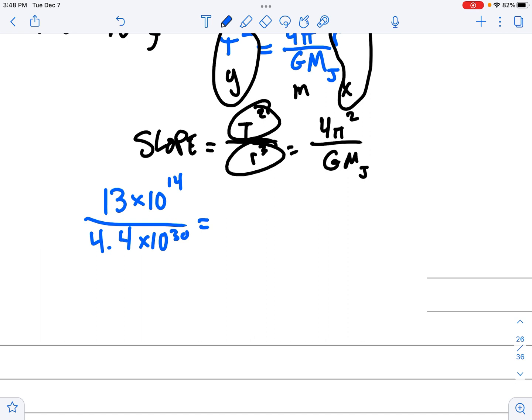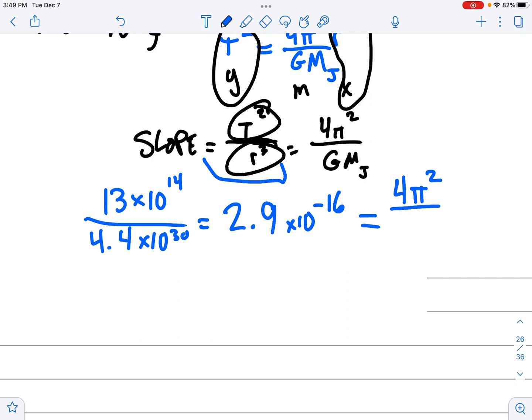E14 divided by 4.4 E30. This is where using the E is super helpful. If you don't use the E, you really have to make sure you use parentheses around everything that you do. So this comes up to be 2.9 times 10 to the negative 16th equals, I'm going to skip this middle step,